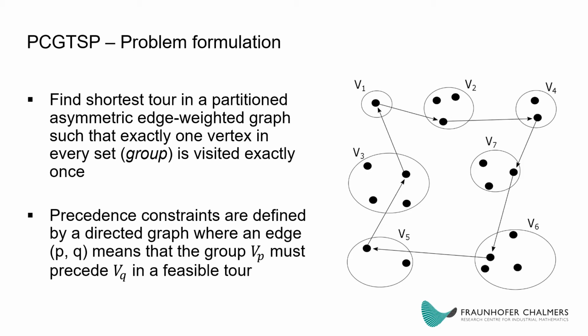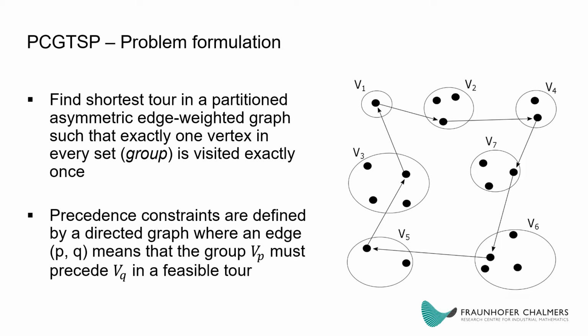I am sure that many of you are familiar with the asymmetric traveling salesman problem, where one is required to find a shortest tour in a directed edge-weighted graph. In this variant, the precedence-constrained generalized traveling salesman problem, or PCGTSP, the vertex set is partitioned into several subsets, so-called groups. We are then required to visit exactly one vertex in each group. Furthermore, there may be precedence constraints, which dictate that some subsets must precede others in the directed tour. These are usually formulated through a separate directed graph, where an edge PQ means that group VP must precede VQ